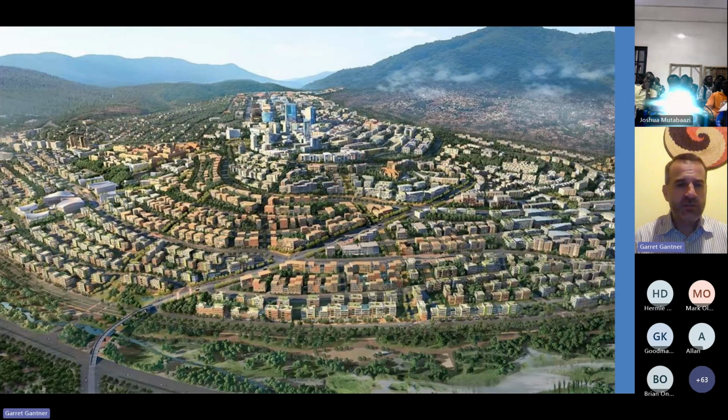This is an image of the Kigali Master Plan, which might look fairly benign, but if you look closely at the buildings on the lower part of the hill, you'll notice that they are all about 5 or 6 stories. And there's some skyscrapers, of course, at the top, but that part down at the bottom, which shows these 5 or 6 story apartment blocks, is currently occupied by highly dense informal settlements, or in some cases, leafy suburban homes. So you're looking at a policy-driven environment in which there's basically a blank slate being conceived of that will just get built up new